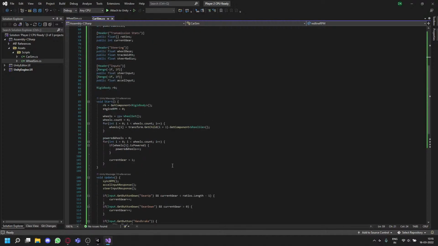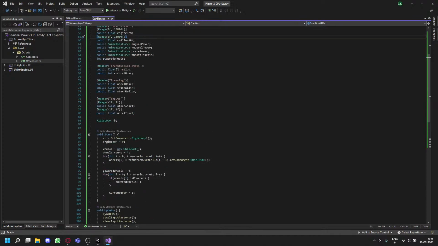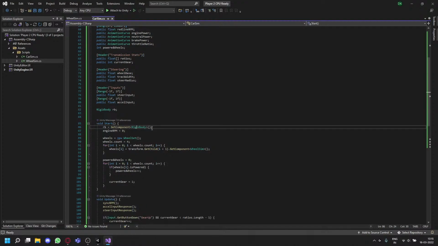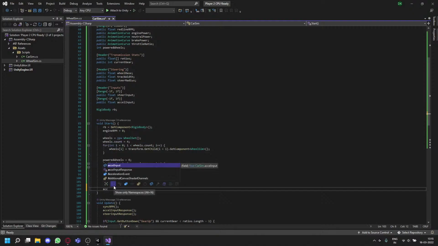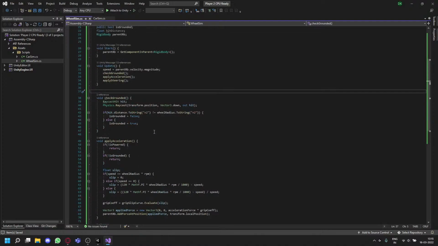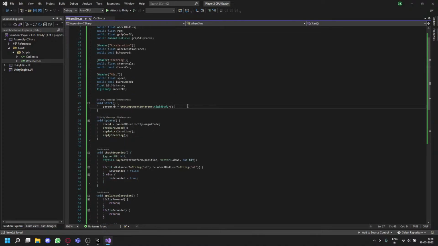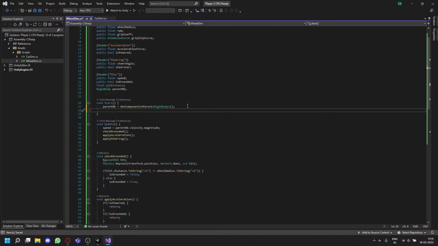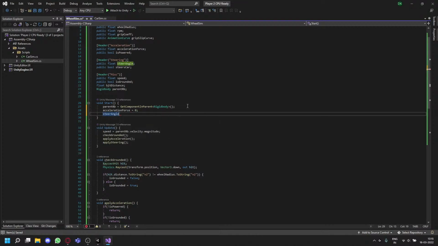So the starting acceleration force, we need to assign it so that it's happy. In start we can do that. Okay. Now